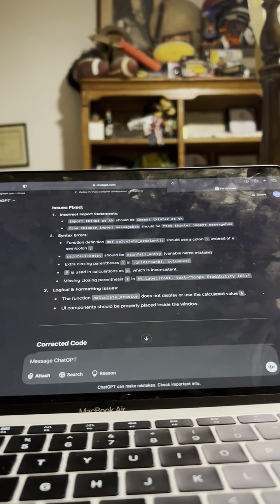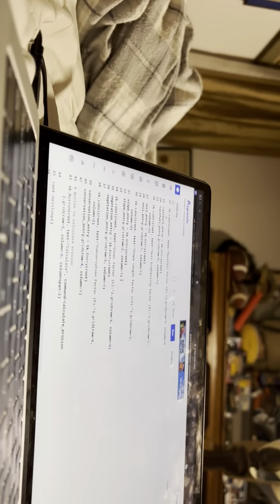So looking at it right here, I'm going to scroll down to this corrected code, and it looks like it corrected the majority of my code. So I'm going to copy it over here, and then I'm going to correct a few things from it. So this right here needs to be changed. That's a very obvious sign. And then I'm going to change a few things. I need to add a few things, such as